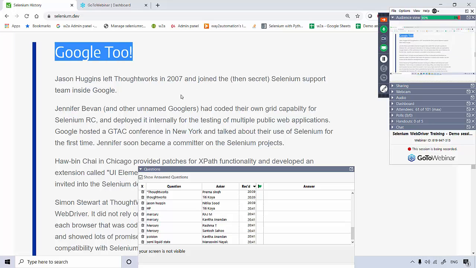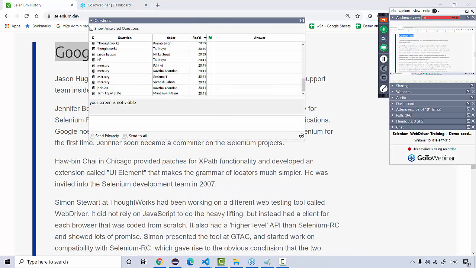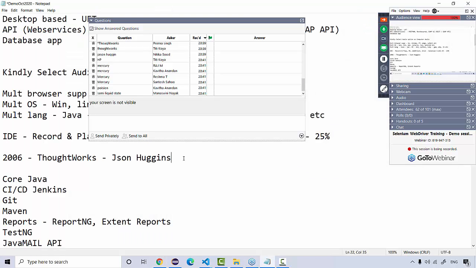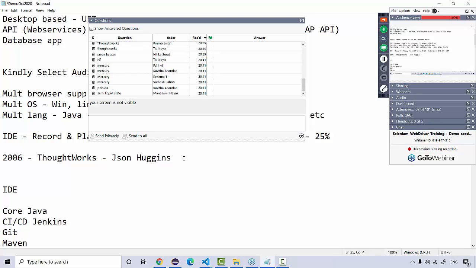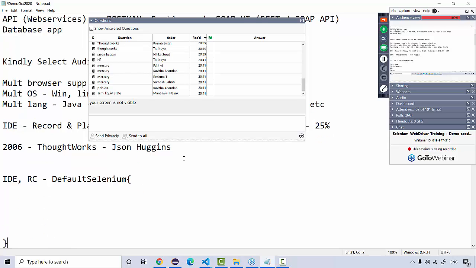Now when Jason Huggins started this project, that is Selenium, the very first components he designed were IDE and RC. IDE for the record and play part, and RC is the coding library. Coding library, as in there was only one single class with the name Default Selenium. So this was the very first class that they created, and in this class, they kept all the methods that you need to call to automate